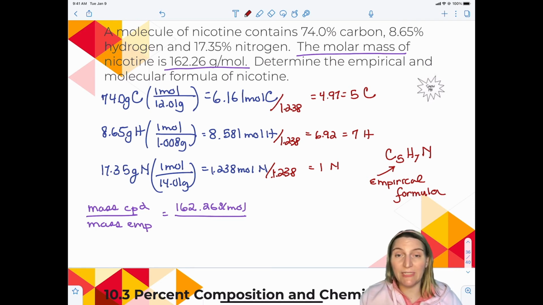Right, so I went through those 3 steps, and I get the empirical formula,